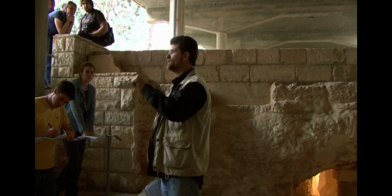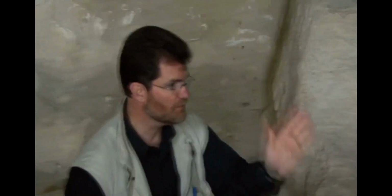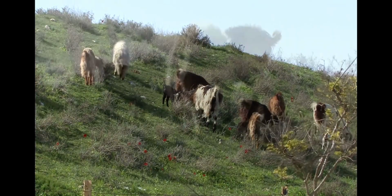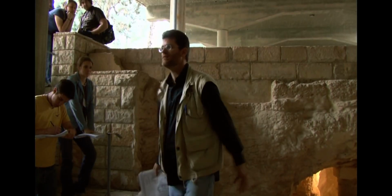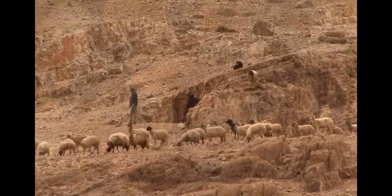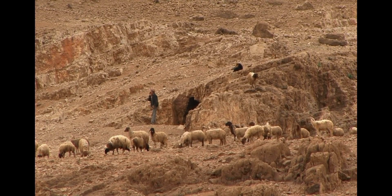The cold time of year required that, by the way, from about October, November, December, January, February into March, your sheep would never be allowed to be in the field at night because your crops are growing. You will have fat sheep and no winter wheat. They will eat it. But during the summertime, you can take them out and actually bring them out into the fields at night because there's so little to eat, they'll just find something and continue out in the fields. And you can sleep them in little areas that you can sort of bring them in at night just out there in the field. So I know that